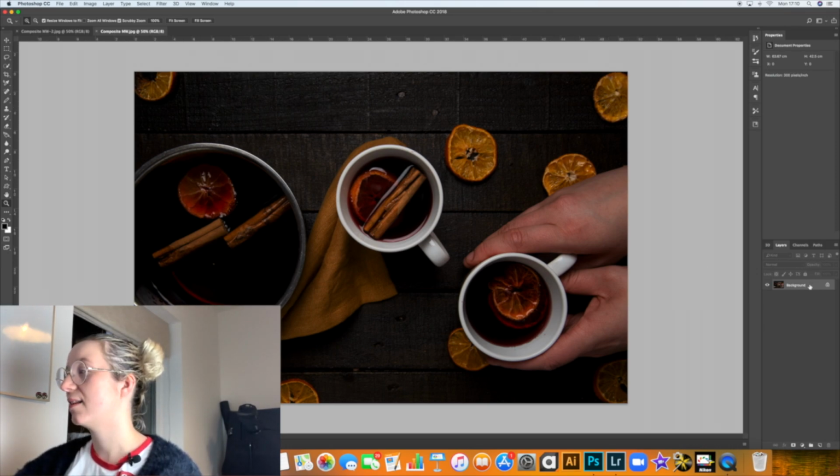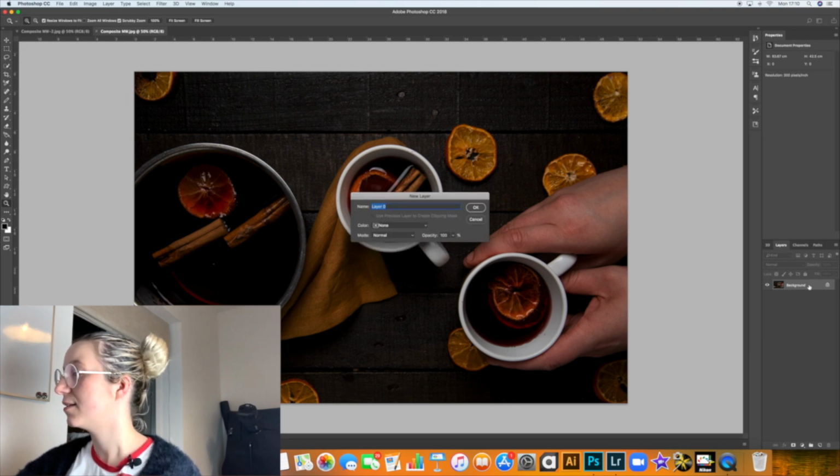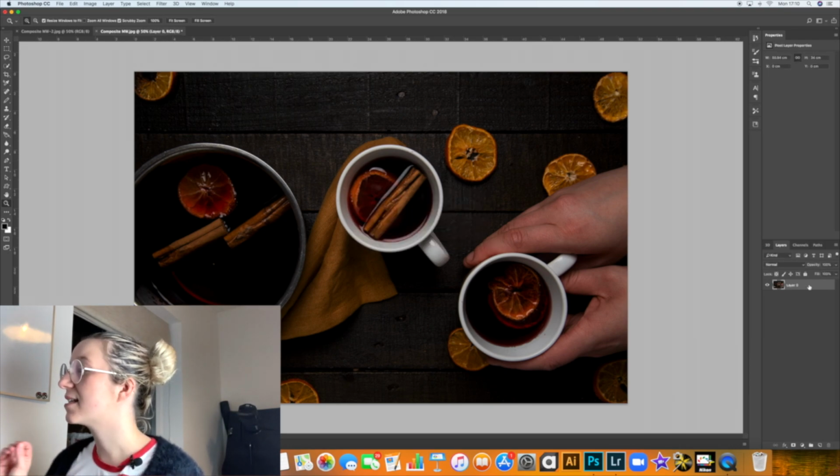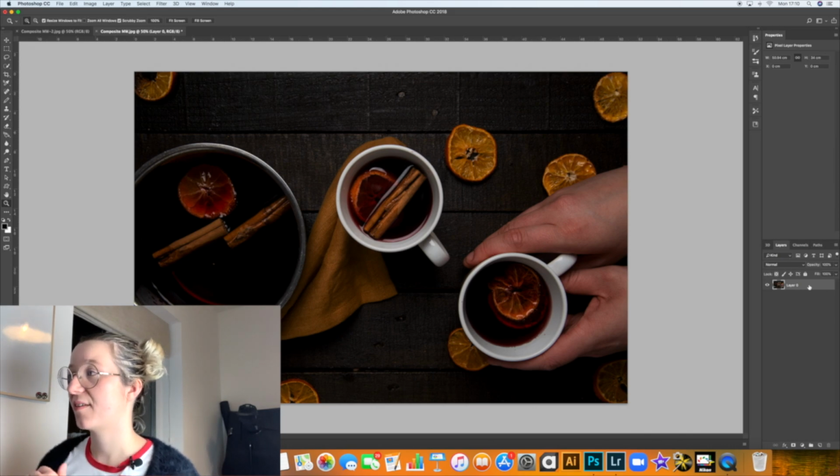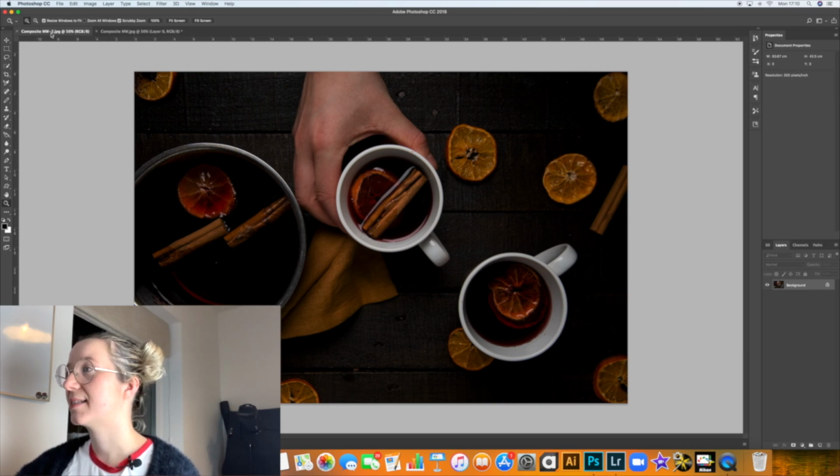So now we've got that layer ready, we're just going to double click on the layer and press enter. This is going to turn it into a layer instead of the background. So this just means that it's free to be edited about. And then go on to our second image, and we're going to